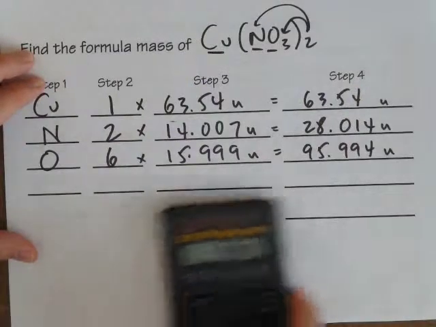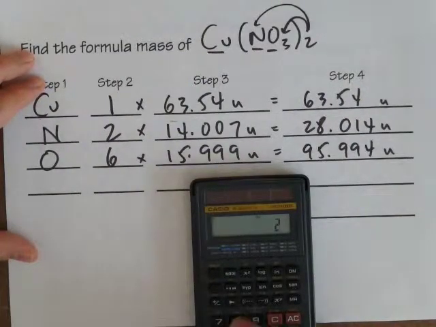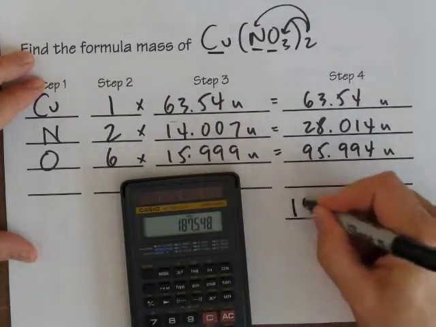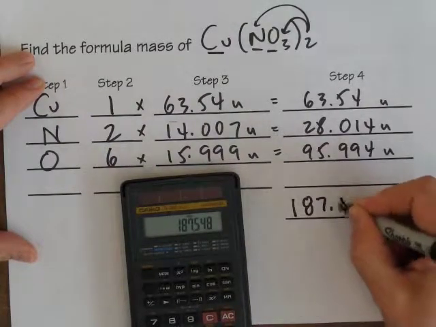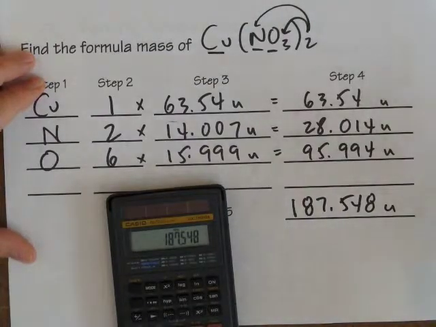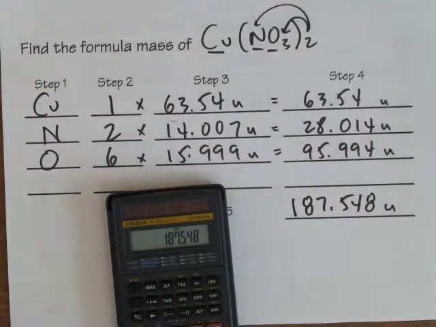Now I'll add these all up. 28.014 plus 63.54, and I'll write down my answer. Calculator says 187.548 units. Now when I add or subtract, I have to look for my weak link in my chain of